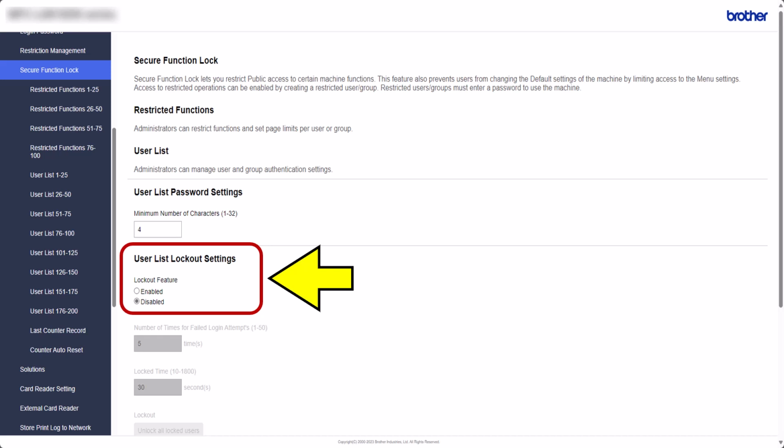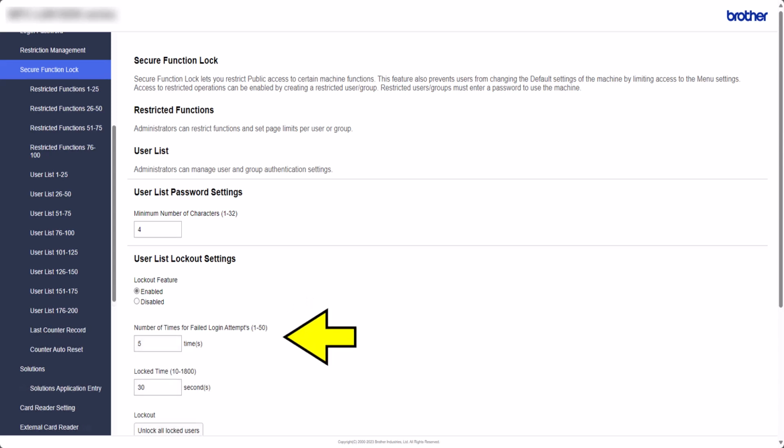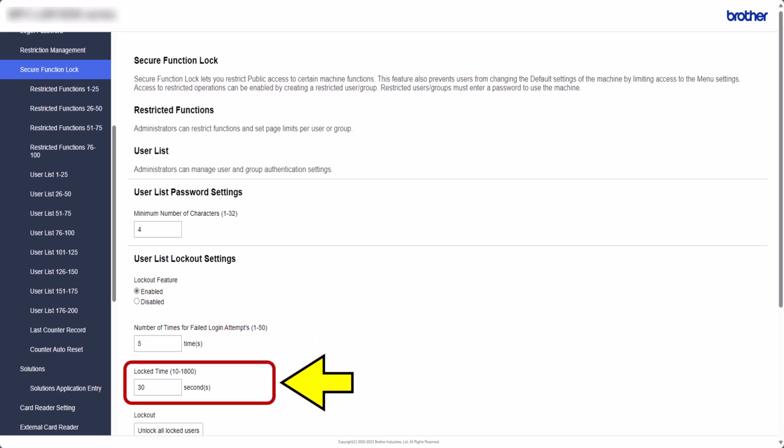Select Enabled here. This feature is now enabled. The number of failed logouts can be set from 1 to 50, depending on requirement. Here is where to set the locked time for each failed logout. This can be set from 10 to 1800 seconds.